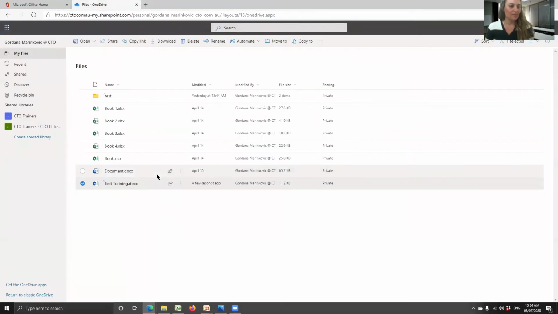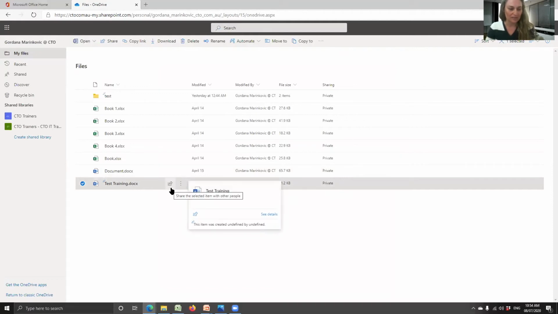Now with this document, as I highlighted earlier on in OneDrive, it is set to private. I might decide that I need to share this. And the reason you share this is to reduce the amount of email attachments with your colleagues in the office or with external clients. The idea is you're reducing the storage of your email, the quota, but also we're trying to eliminate any attachments. So it's a new way of sharing or attaching documents to an email. So if I click on that share button,